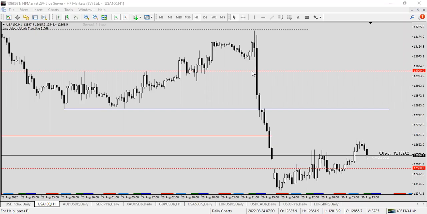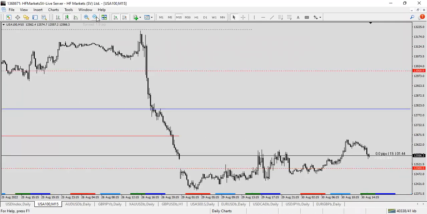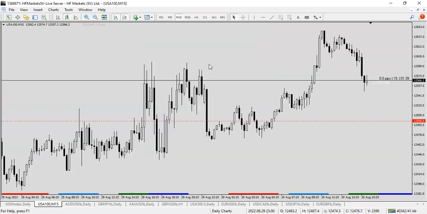How do you form setups after huge runs like that? So if this is a huge run low and I'm looking to go long for whatever reason that may be, I'm looking for lower time frame market structure shifts. So let's go to the 15-minute chart. I don't really use this time frame, but why not? Let's go to a lower time frame and take a look at